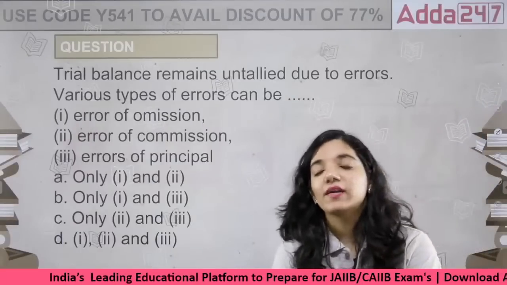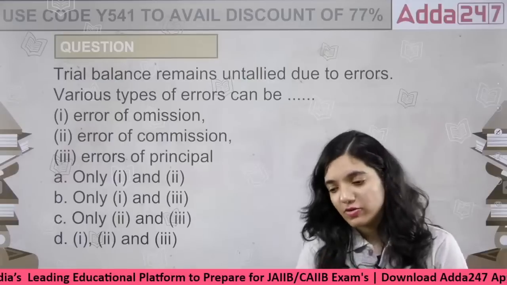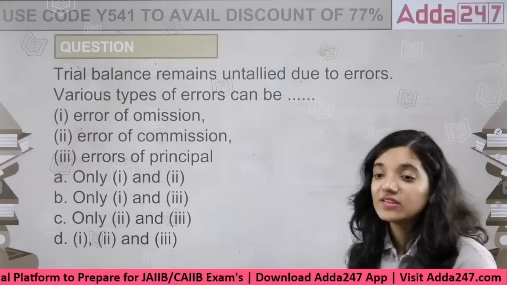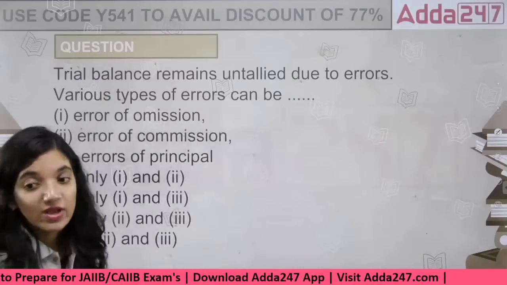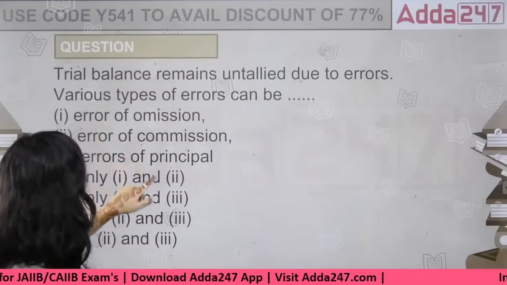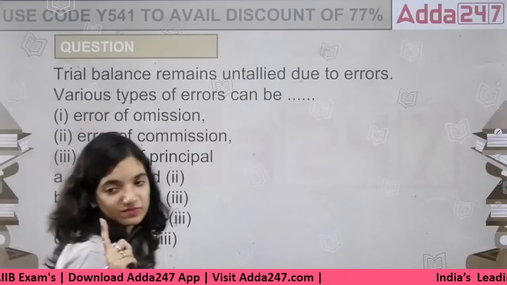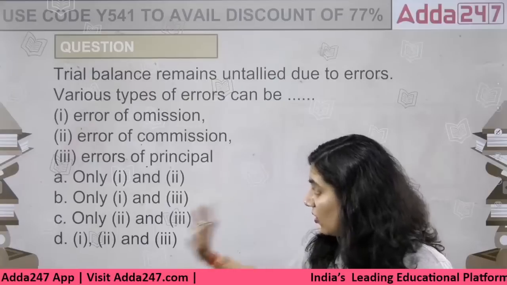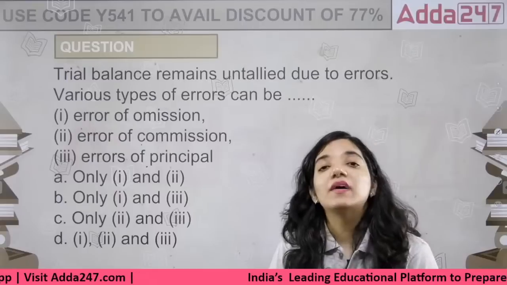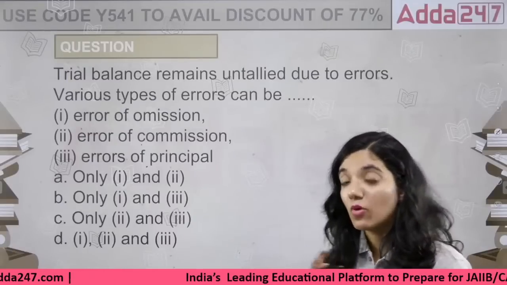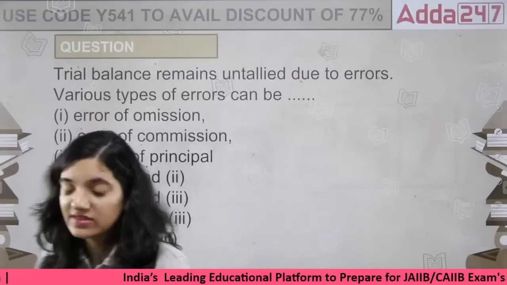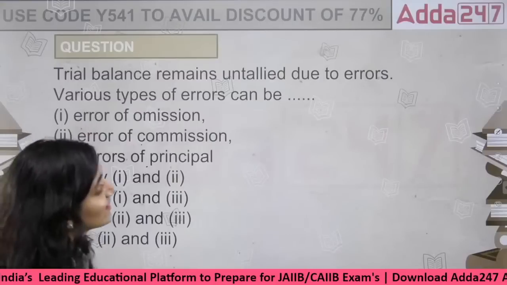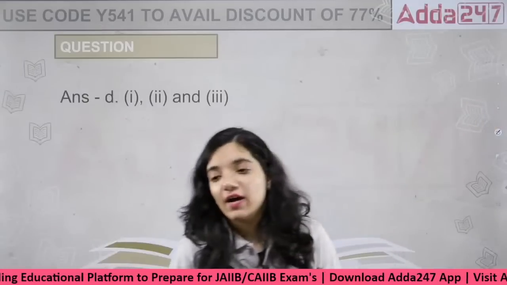Then the next point is regarding the trial balance. A good number of questions can come up in the examination from the area of rectification or from the area of the trial balance. That is, trial balance remains untallied due to errors. Various types of errors are there: error of omission, error of commission, error of principle, or all these things are errors. That means 1 and 2 is error, 2 and 3 is error, or 1 and 3 is error, or all of these are errors. Among the trial balances, there are certain kinds of errors. It's an important topic that should be covered for your examination because questions can come up from this area for sure. Right, when we talk about the trial balance, all of these are errors of